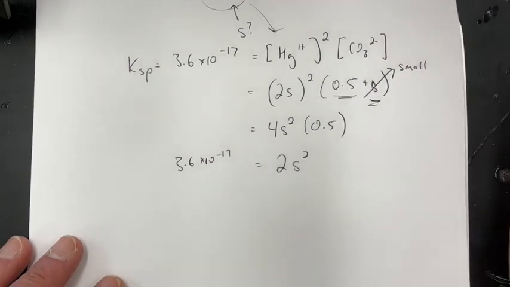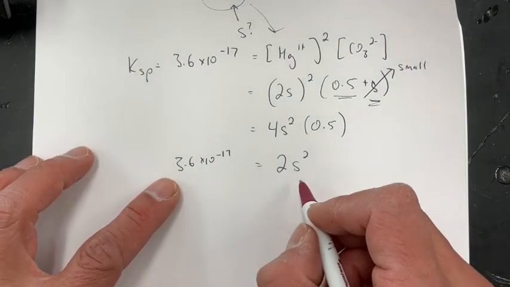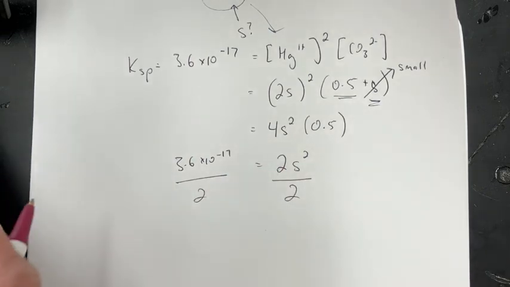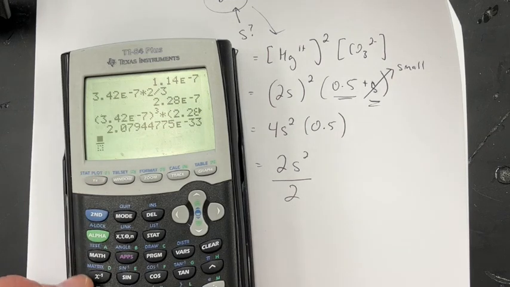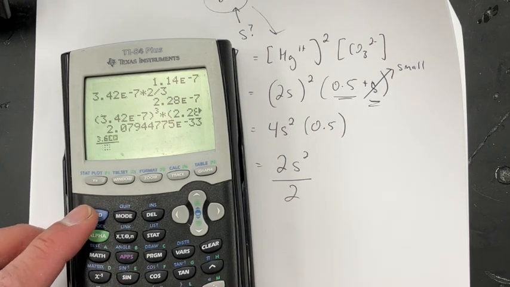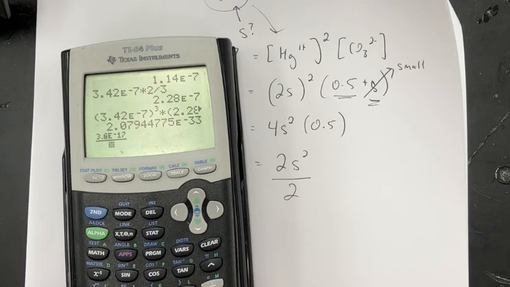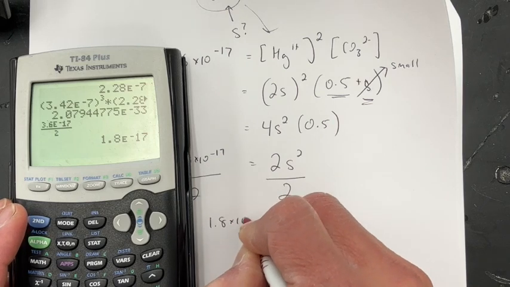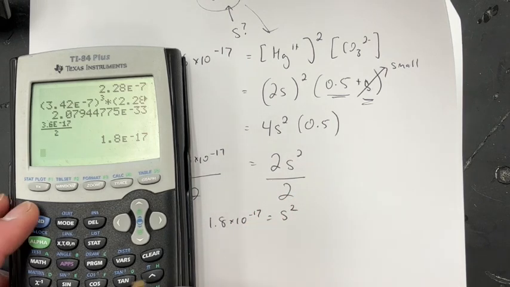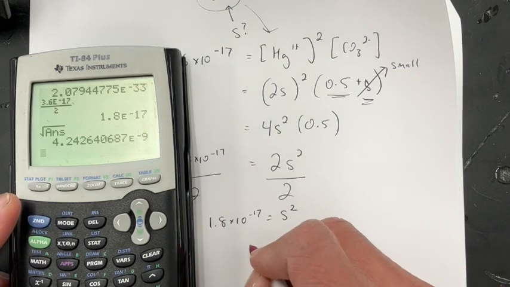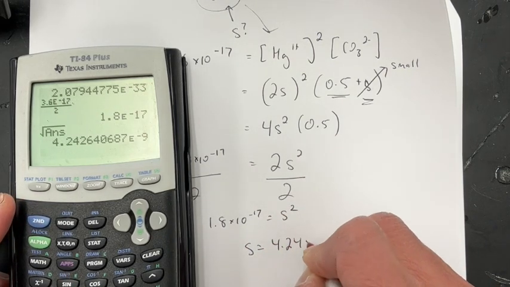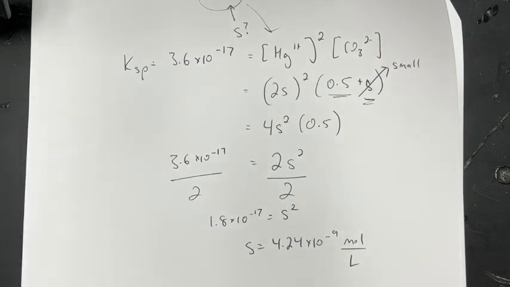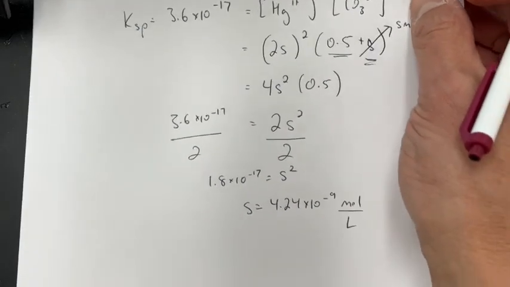Okay? So now if I solve for s, take both sides, divide by 2. So 3.6 times 10 to the minus 17 divided by 2, 1.8 times 10 to the minus 17 equals s squared. Square root that. s is equal to 4.24 times 10 to the minus 9 moles per liter. Okay, so that's how many moles can dissolve in 1 liter,